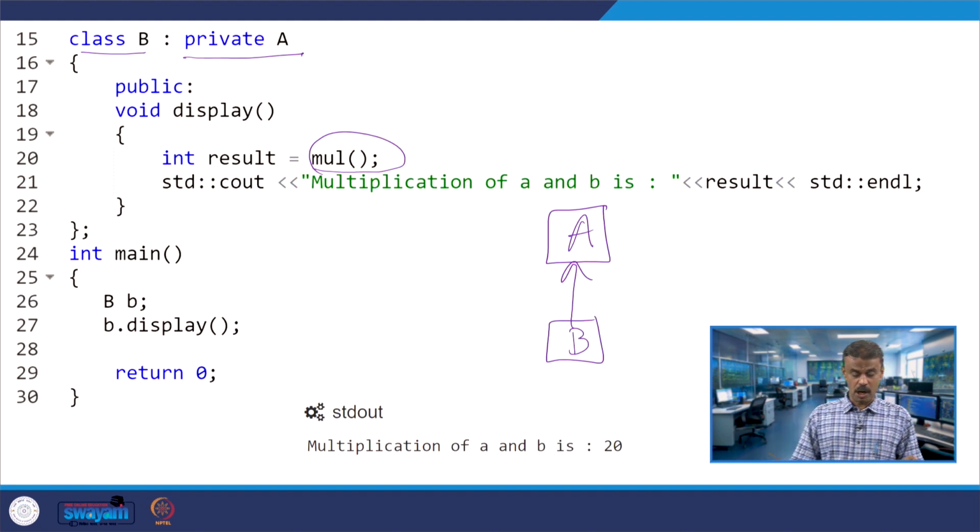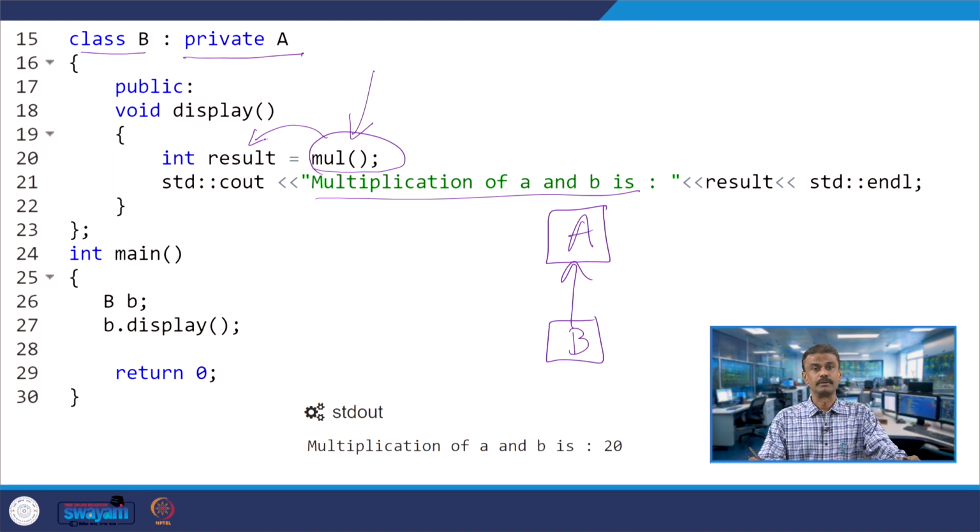We are going to see how this is going to be accessed. The result of multiplication is printed with cout, the multiplication of A and B. In the main program, multiplication will be called over here and stored in the result.